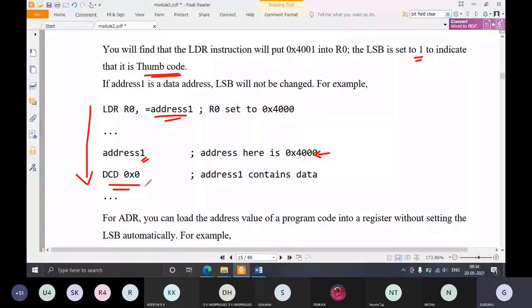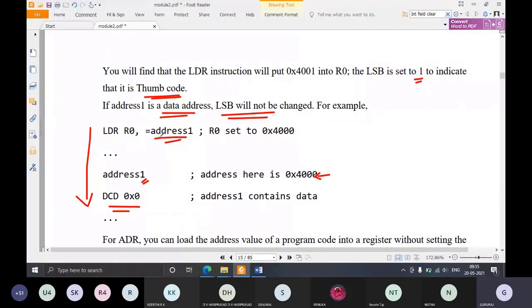Whenever data is available in this label, when you copy this address, a 1 will not be added in the LSB automatically. In this case, address 1 is a data address. Why? Because at this label there is some data defined.